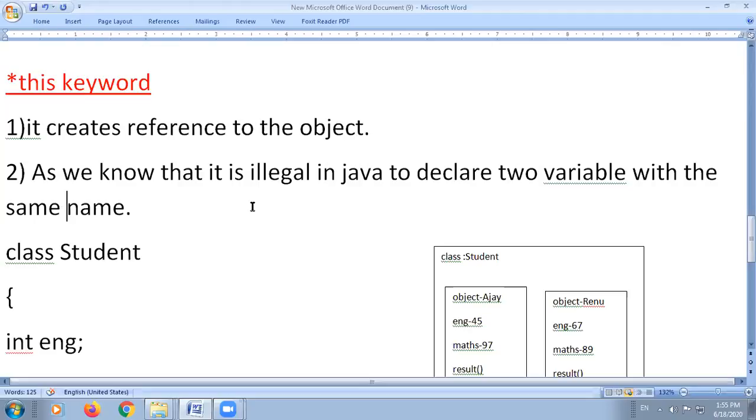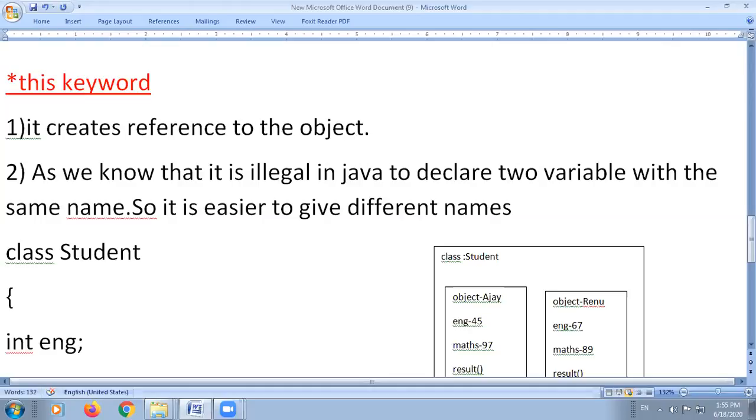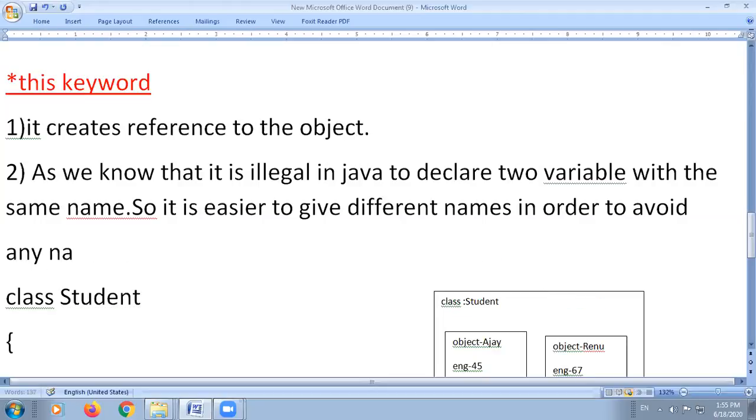So what we do is, it is easier to give different names in order to avoid any name collision. Understood?